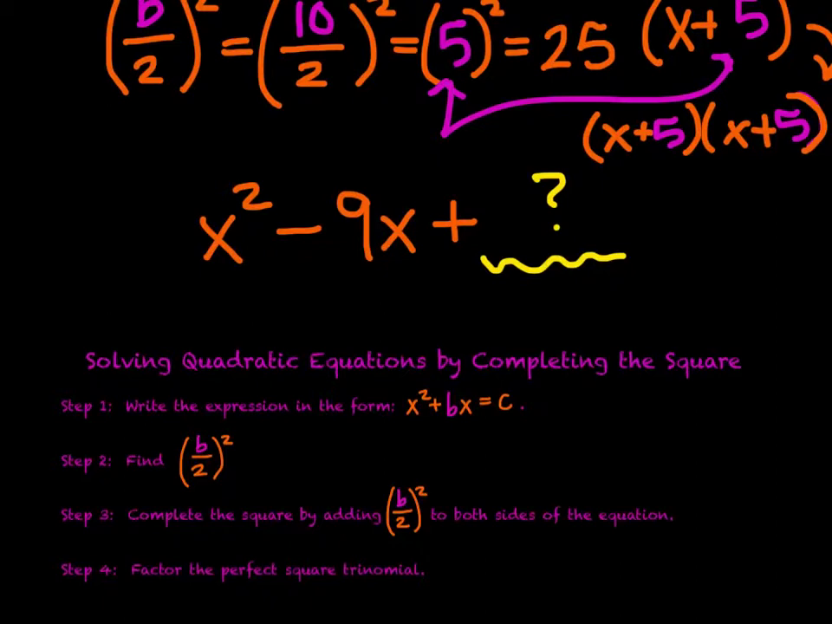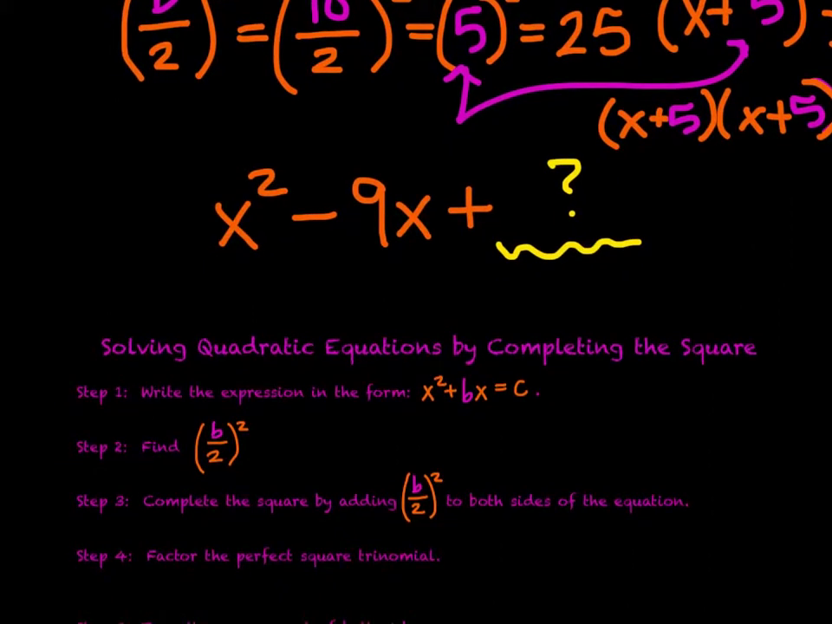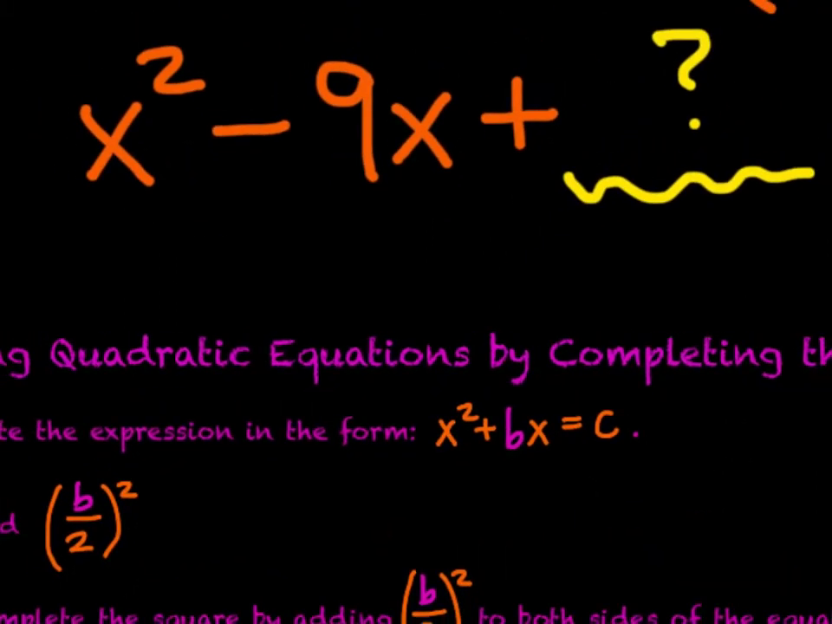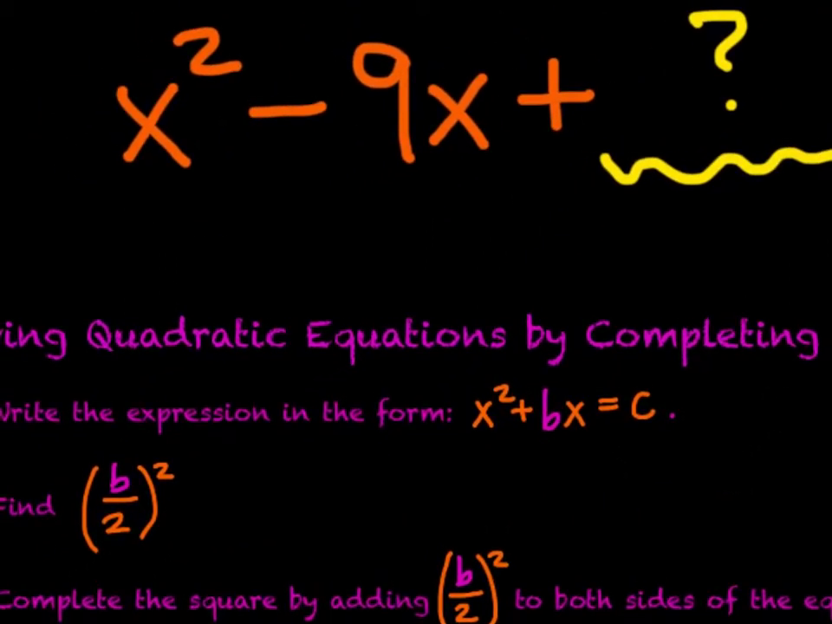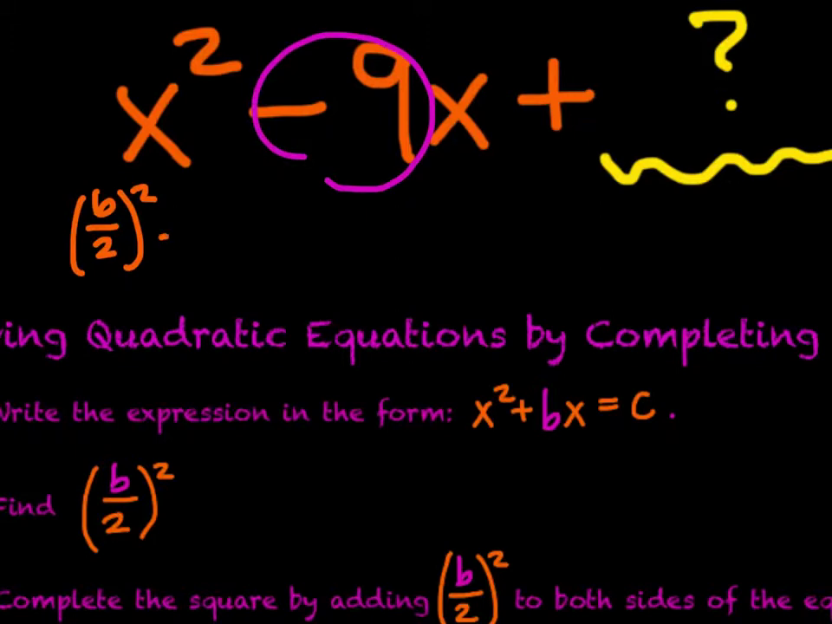So using that same concept, I'm going to zoom this in so we have a little bit more room. Using this same concept of b divided by 2 squared. Our b term is this negative 9, so we can say that is negative 9 divided by 2 squared. So negative 9 divided by 2 squared is negative